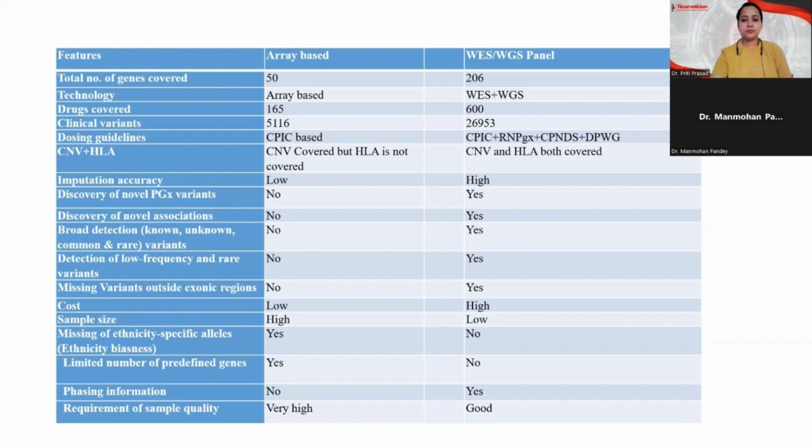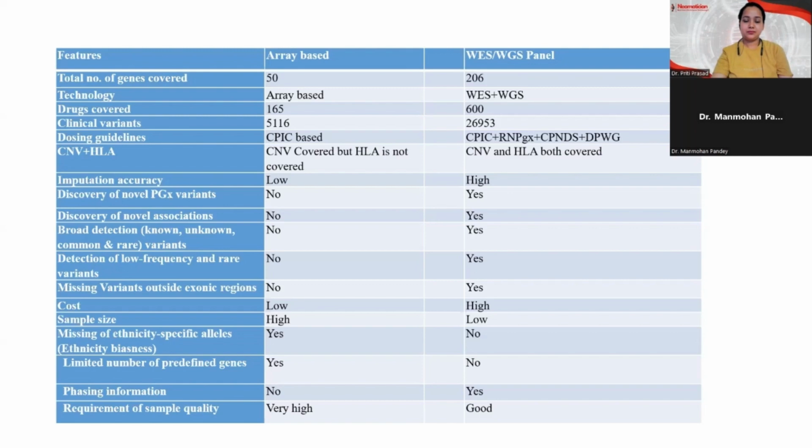In the case of array based methods, since it is an array based technology, a limited number of genes can be covered, and that is the beauty of WES and WGS, that we can cover a whole exome where lots of genes can be covered. So all those variations which may be unique to a particular population and for which we don't have any other studies can also be retrieved. So this is good for research purposes, where we want to find a particular variation in a certain population, and based on that we can give the recommendation. It is good for all those novel variations which may be there. This is the beauty of WES and WGS.